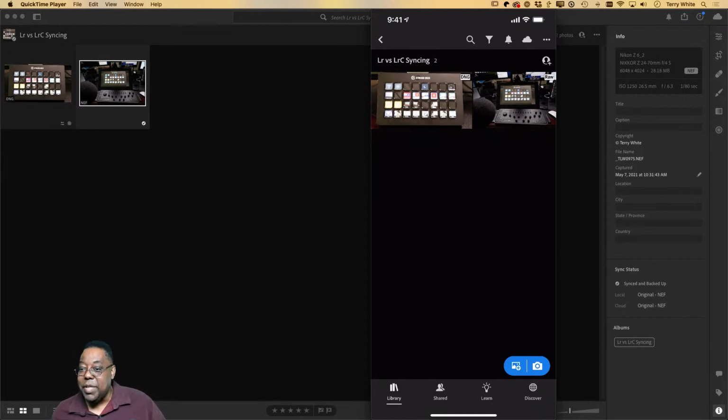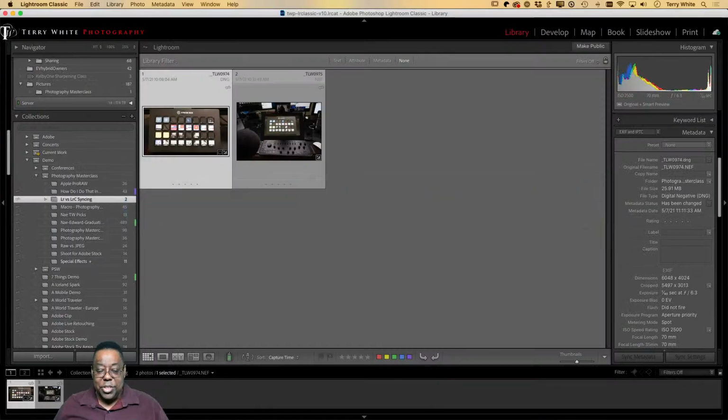All right, if Lightroom Classic gets stuck syncing one photo, what's the best way of identifying that item and stopping it from syncing? I've been here before, sometimes for months, where it gets stuck syncing a photo, but the new ones go right past it and sync, so I didn't worry about it. But let's go back to Lightroom Classic so I can show you this.